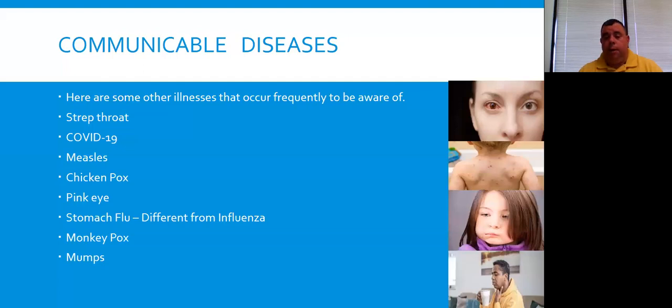Now, pink eye, this is another one that spreads very frequently amongst people. If you look on the top picture right there, there's an example of what pink eye looks like. It's a viral infection that impacts your eye. It turns it all red and mucousy. It's painful. It itches. It burns. You don't want this. If you have it, just like anything else, you should stay at home.